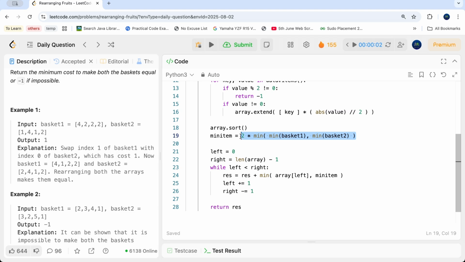Now let's run a simple 2 pointers loop. We have a left index, we have the right index, which is equal to length of array minus 1. And we run the loop from left to right till left is less than right. And we can say result is actually equal to result plus the minimum of 2 values. Either it is array of left, that is our lower value in the array, that is the actual cost of our item,